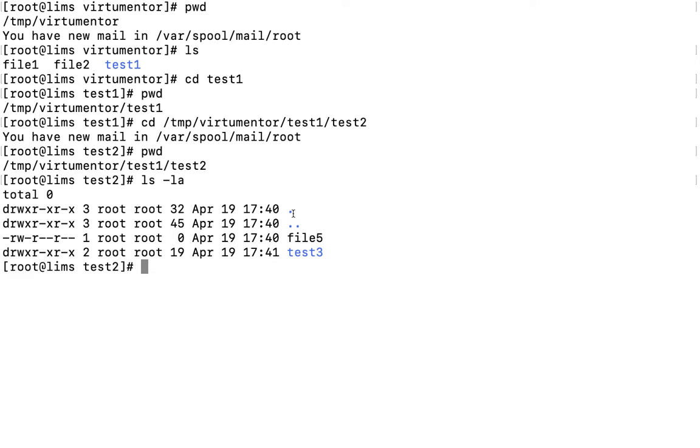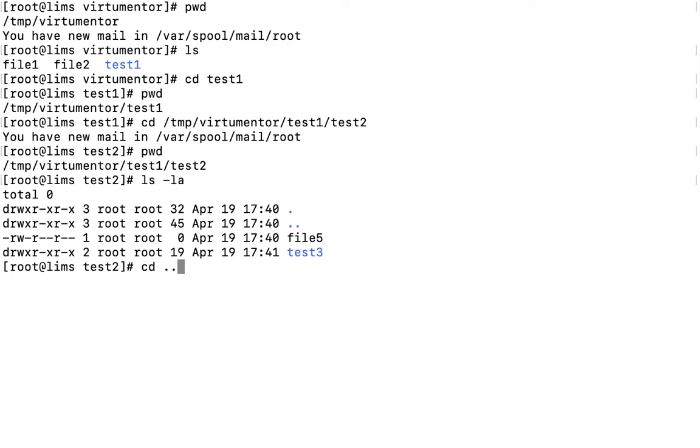Any directory or file which starts with a dot will be a hidden directory. In this, a single dot means the present directory, and the double dot means the parent directory. So using these dot and dot dot, we can also change the directory, like cd dot dot.